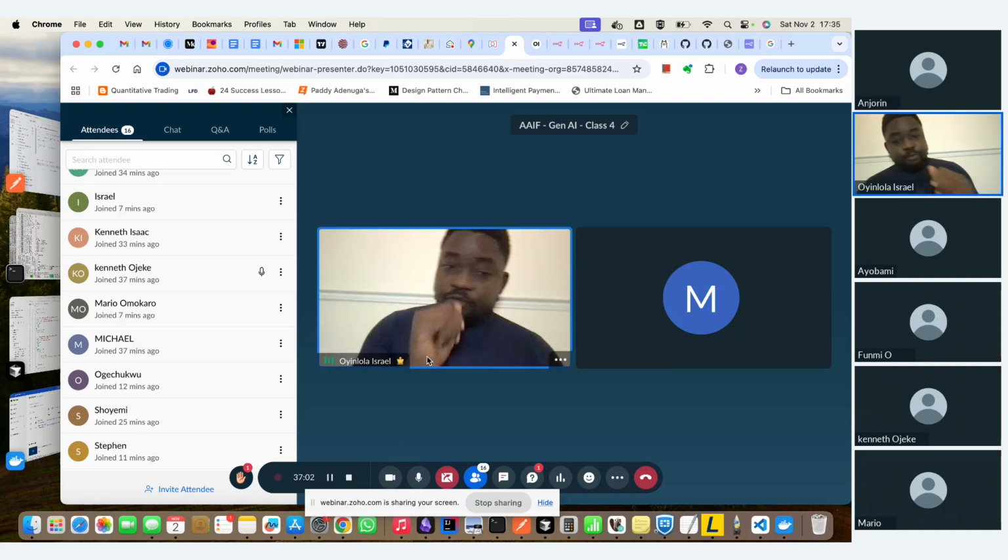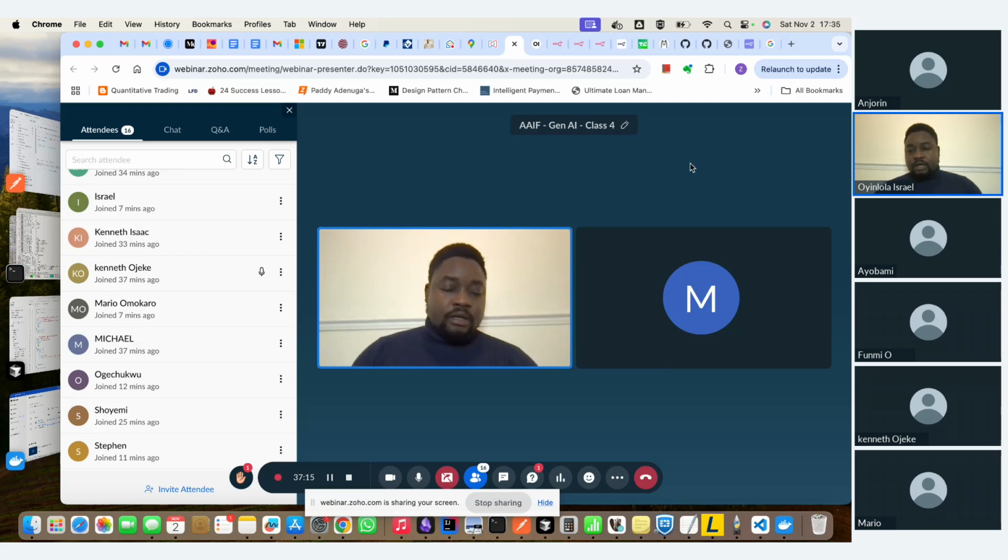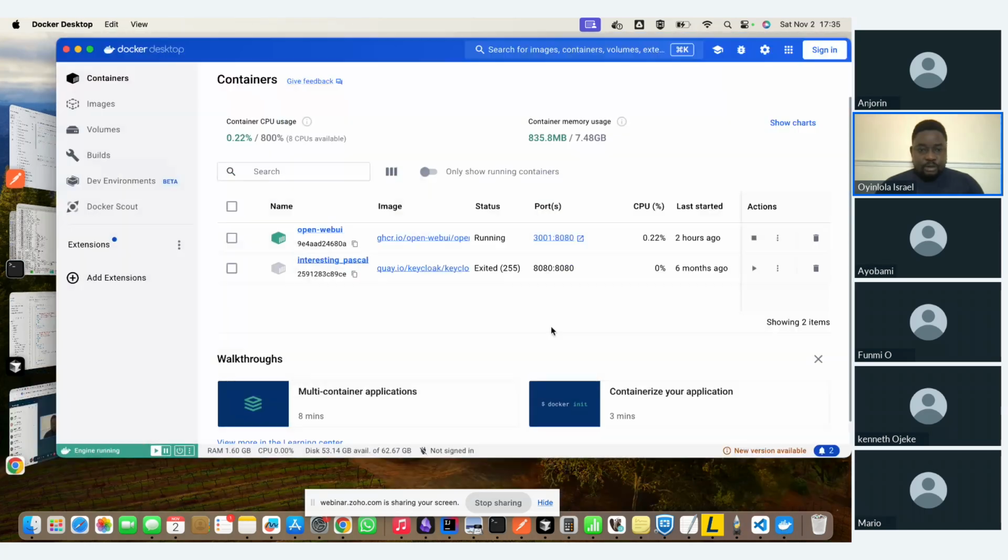Okay, so for folks with powerful enough systems, you can actually run the UI for the model also on your local system. So you would need Docker. I won't cover how to install Docker. It's outside the scope of this class, but it's very simple depending on what operating system you use. Just Google how to install Docker on my system. Once you install Docker, you have access to this kind of user interface, and then you'll be able to run a command like